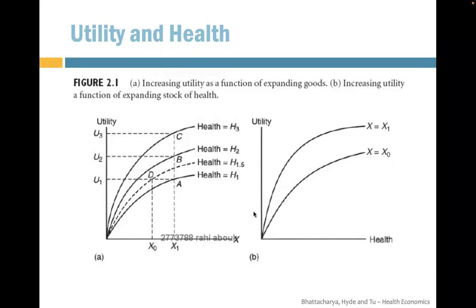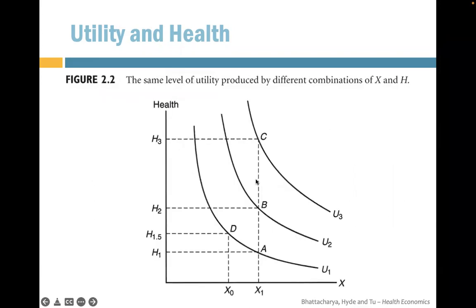All right. So we can actually put them in another way, which is the next slide. So we can put health, or to be exact, quantity of health we consume, and quantity of X that we consume on the Y-axis and X-axis. We can actually see that different combinations of quantity of health and quantity of X give us different levels of utility. We have 3 utility lines here, and along each line, all the combinations have the same level of utility.